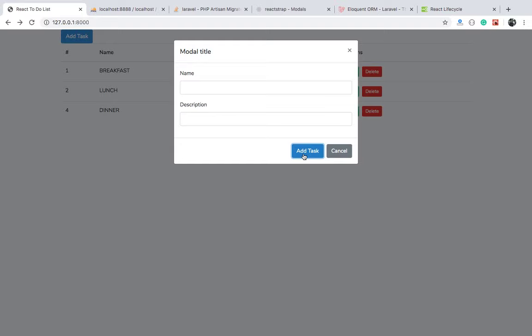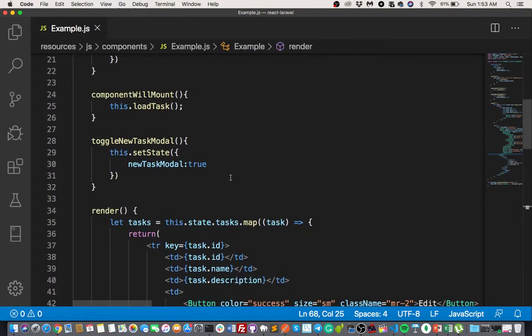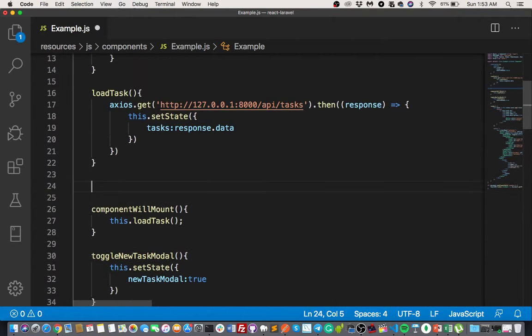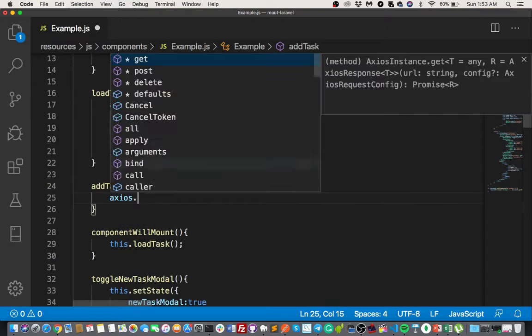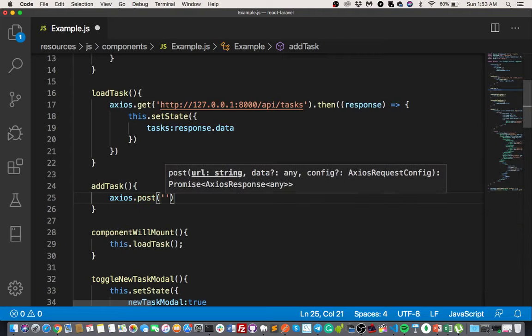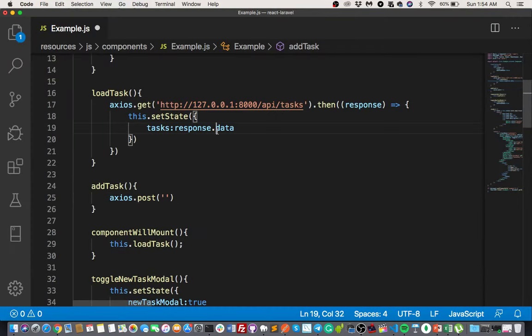So what's next? Okay. Next we will create a new data, right? New data, new record. Okay. So we will create a new function called add task. So add task, so Axios dot post. Okay, post method. Then go to your post main. So post here. This is the CRUD, right? So we can use this. Then add here. So task dot then